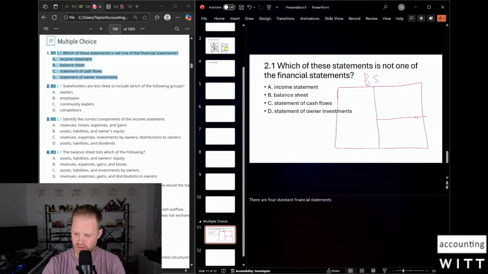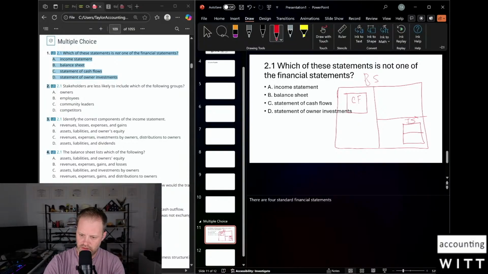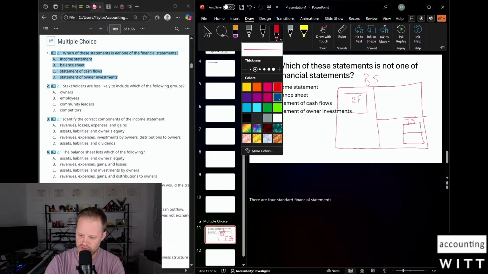Balance sheet. And then I like to think of the income statement as a component of equity, showing the change. And then there's the cash flow statement, which takes all the cash flows and then describes them in terms of